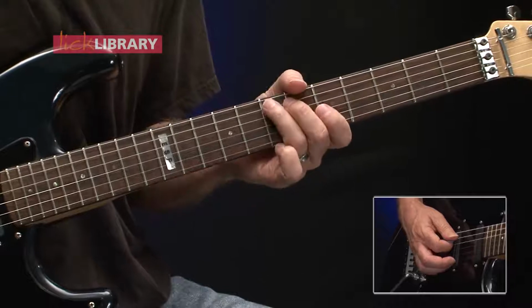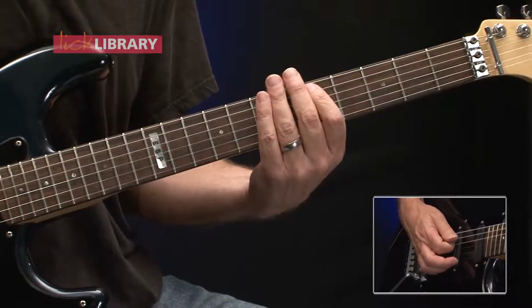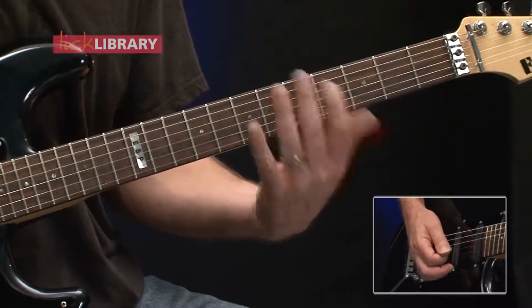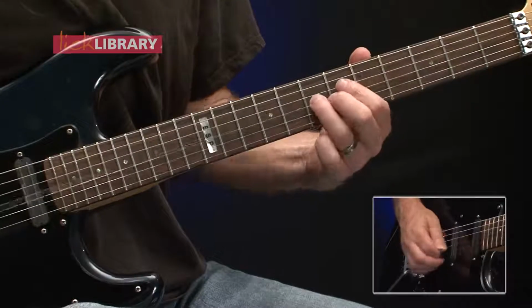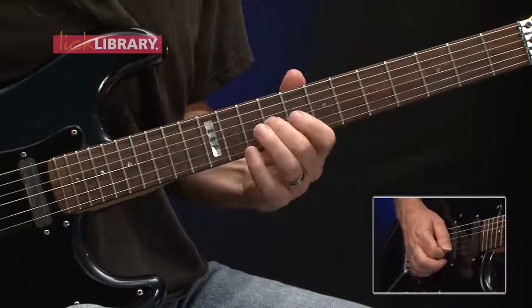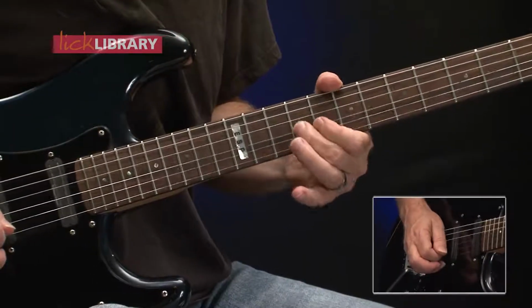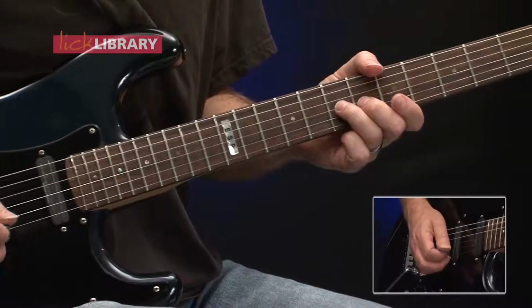Now we'll strike 7 on the A twice, 5 on the A twice, 4 on the A 2 times, and that leads into our next lick. Our next lick goes like this. So we'll strike the 7th fret of the G string 4 times,